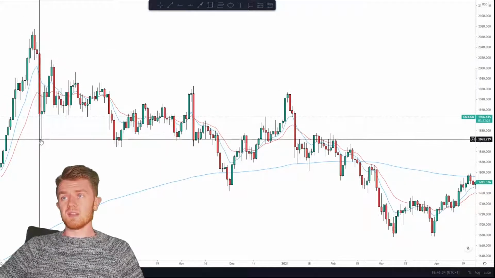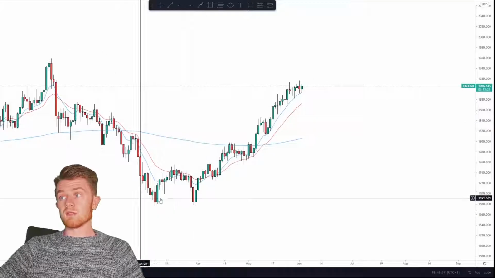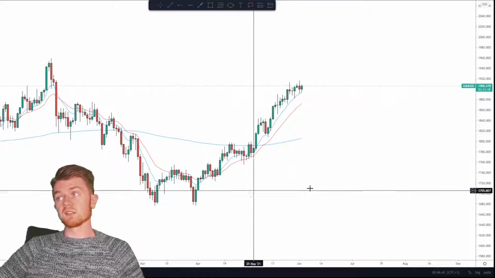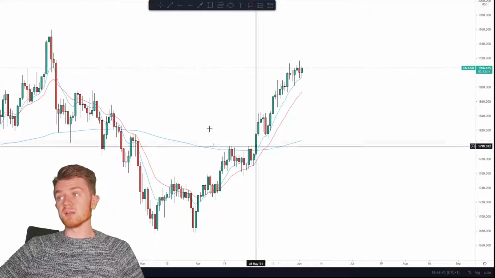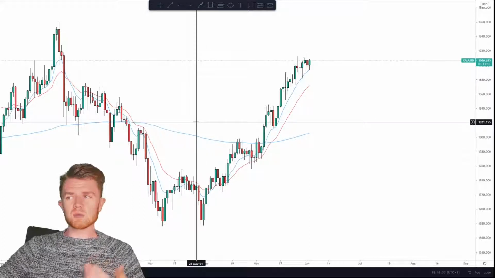But we can see here low, low, low, high, low, low, low, high. We can see a nice downtrend here, and then recently we have in fact made new higher highs, higher lows, higher highs, and we can see this nice steady momentum rally to the upside here on gold. And that's what I mean, on the medium to long term, daily, weekly time frames,